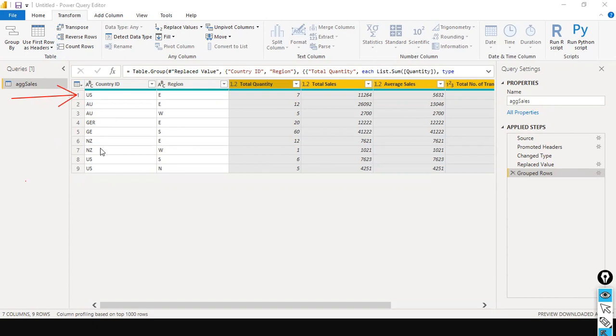We don't see anything, right? So you have unique values here. But Australia East is also there, and we don't see anything. But there is a problem here, GR and G, right? These two are different, but in practice they belong to the same country, Germany. Here they use the naming convention GER, and here they use GE. Got it? So now what I'm going to do is